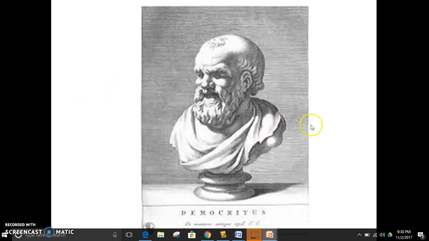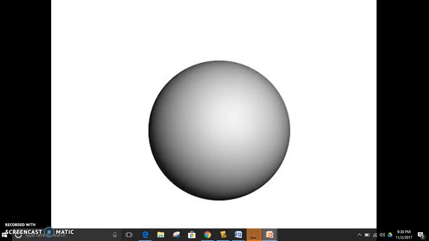Democritus was considered the father of the atom because he was the very first person to come up with the concept of the atom. He realized that when you took things like rocks and broke them in half, they continued to split into smaller and smaller and smaller particles. So he came up with this concept of the atom. This is his model of the atom. There are no protons, no neutrons, no electrons. He just thought of it as a solid sphere, which is better than thinking of everything as being made of earth, wind, water, fire,